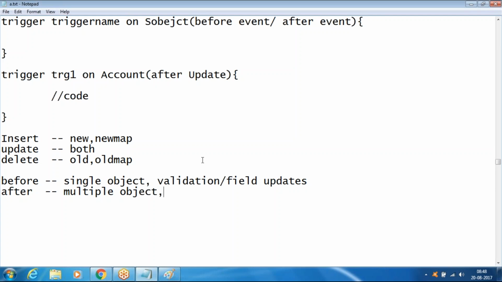So after triggers, we can involve multiple objects, and if you want to perform any automations, then you have to go with the after triggers. That means if you want to do some other operations in other objects,